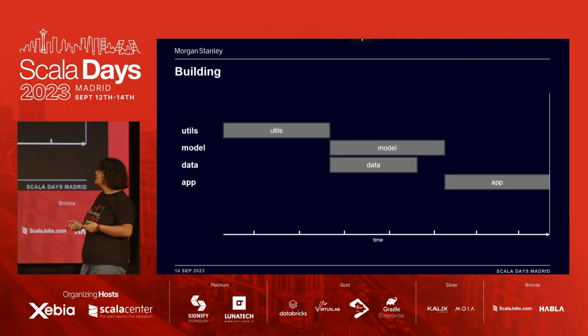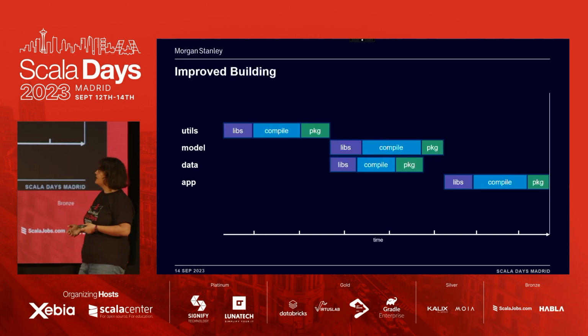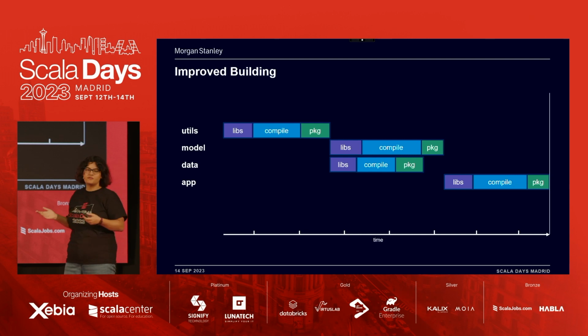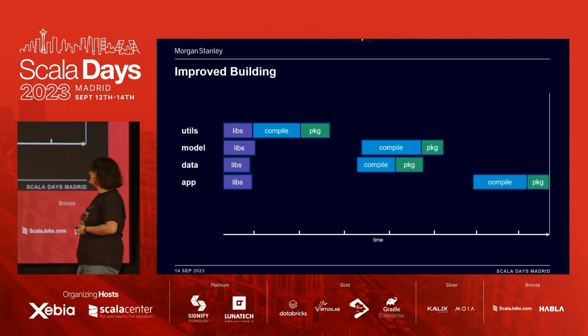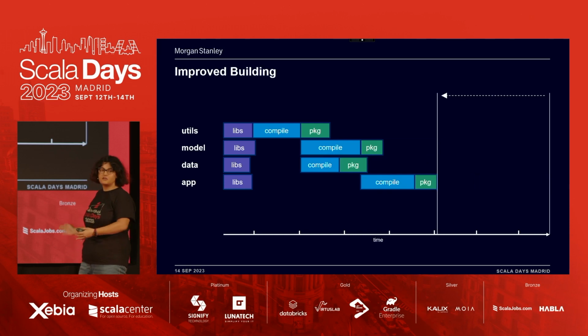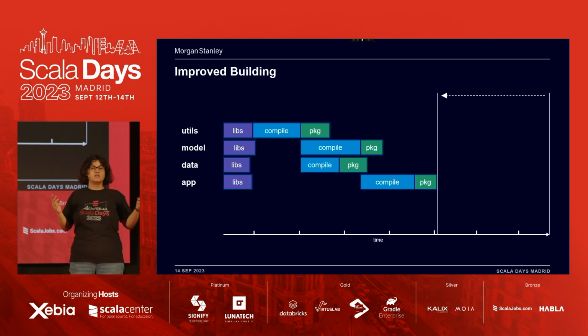Let's see if we can do a little bit better now that we understand what building means. And we can split things a little bit better. And now, for example, I know that I can download all the external libraries in parallel. And then if I do that, I can start compiling much sooner. And there you go. My graph is already squeezed a little bit, so I've saved some time, which is great, right? This is a much better build tool. But I bet we can do even better.